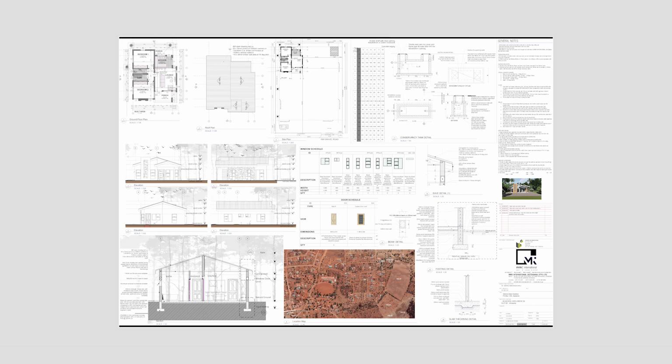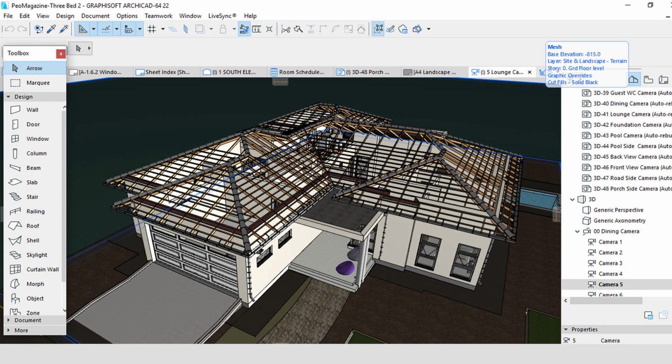Welcome to the 3-bedroom house production series. This is a request from one of our followers from the previous uploads. So this exercise will be put into series to make sure we cover step by step all the stages necessary to produce a building from scratch and extract documents for council submissions. We're going to design the layout, then put it into 3D, then detail the 3D to allow us to produce drawings